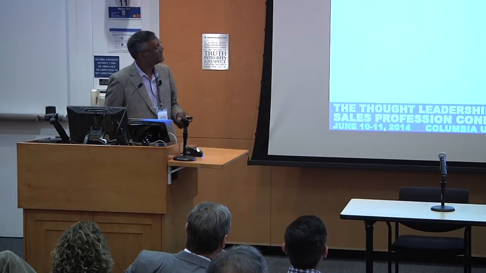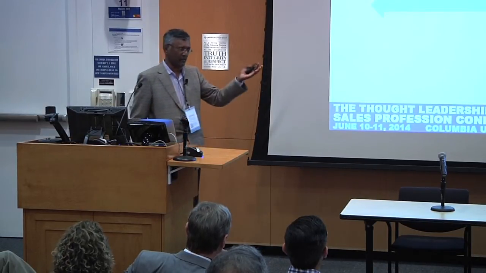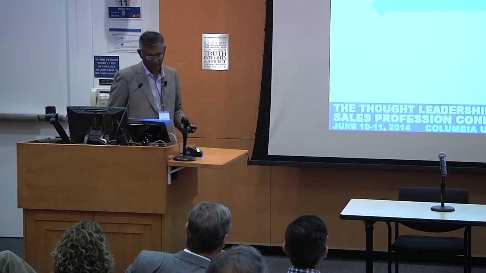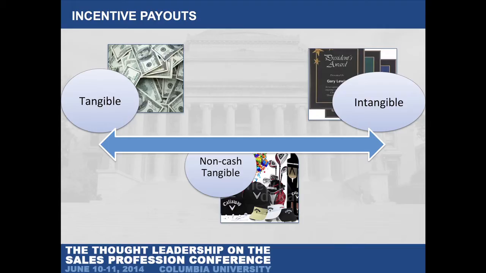First of all, let me just, again, talk about incentives. Let me set it up. The most common form of incentives we're all familiar with is cash, some form or the other, either through sophisticated stock options and whatnot, or just simple cash. The other one are these plaques and Salesman of the Year. These are what we would call social incentives, which have a couple of characteristics. In order for them to work, you actually have to have a dinner, and then you give the guy the award. Everybody's got to know about it, right?